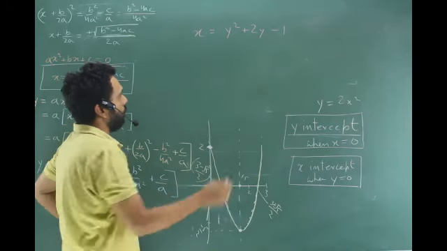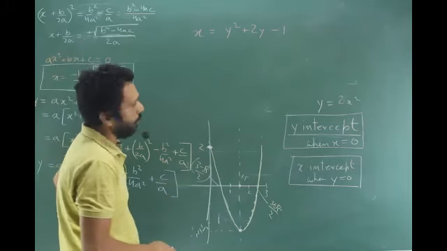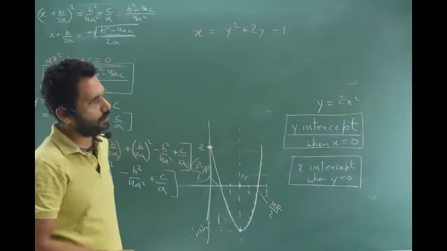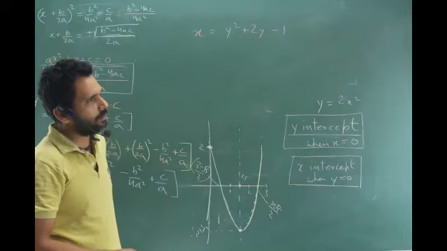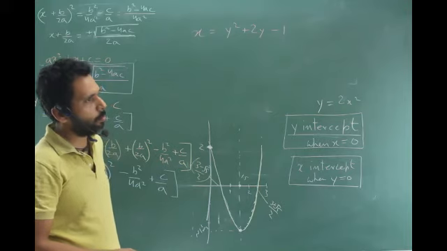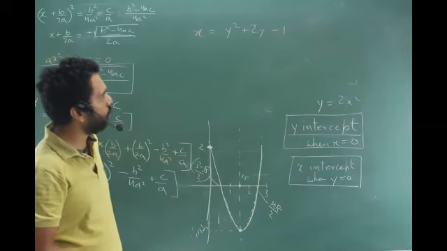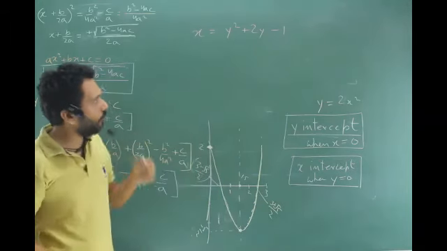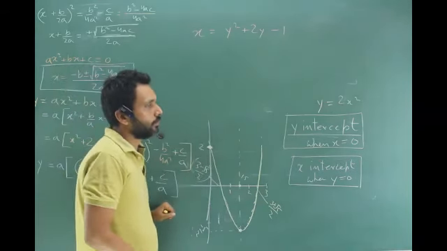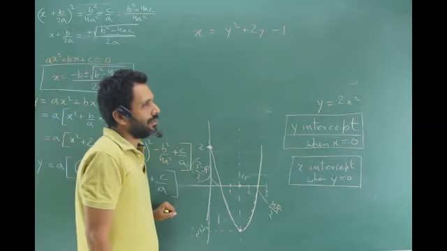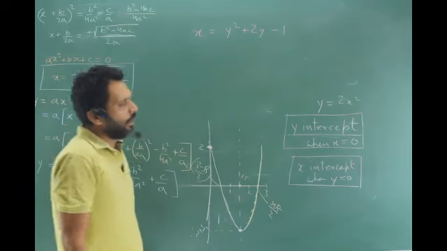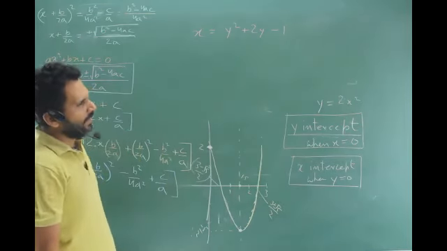Instead of y is equal to x square plus 2x minus 1, x is equal to y square plus 2y minus 1. So will the whole graph move down by 1? Which whole graph? There is no whole graph right now over here. Which whole graph will move down by 1? I don't know. So will the graph rotate 90-degree anti-clockwise?